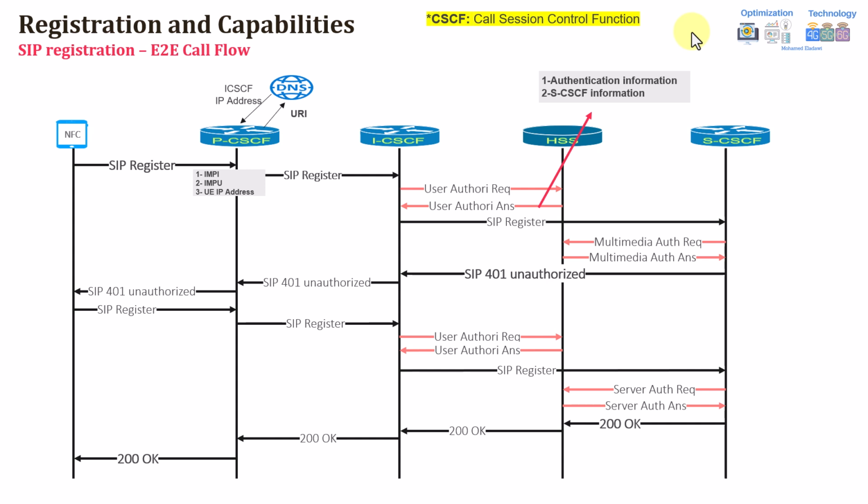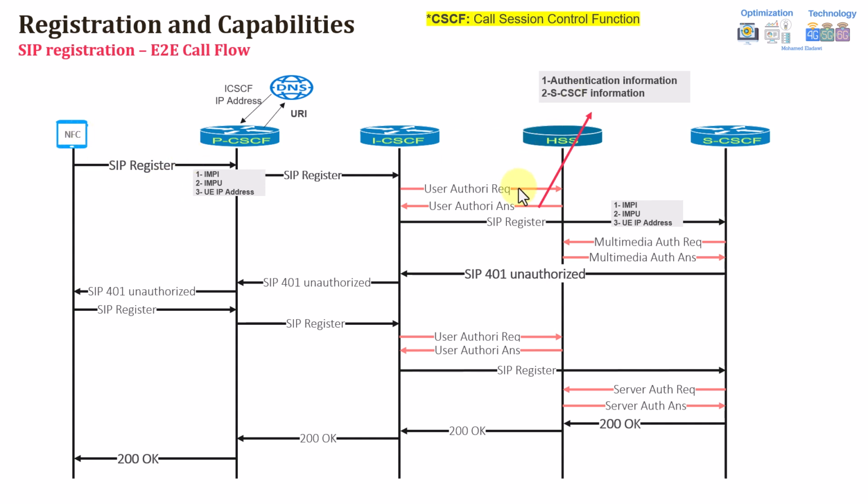And as you can see in the top right here, this is requesting the authentication information. And the second part is requesting information about the serving call session control function. Actually, what is this authentication information? This is telling the HSS that I would like to get the authentication information for this IMPI and the IMPU, giving these two pieces of information to the HSS, and asking for the IP address, asking what is the S-CSCF serving